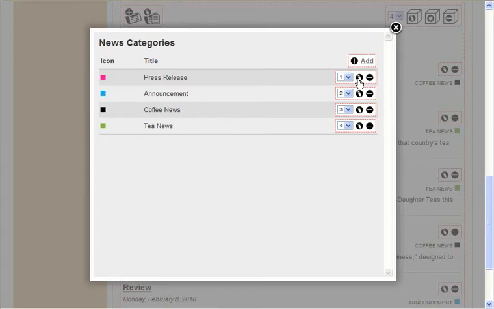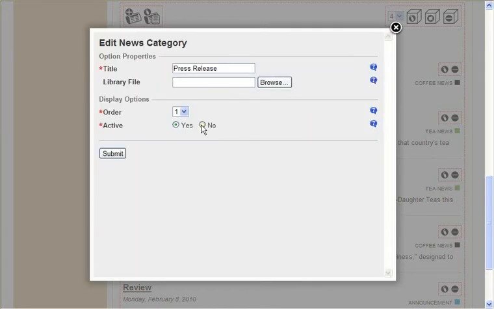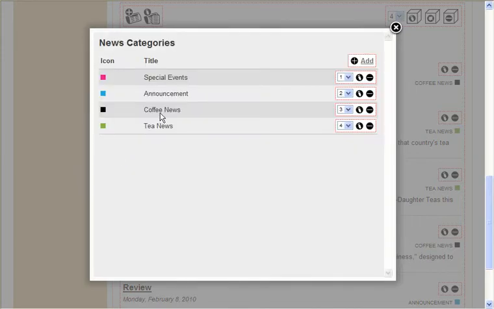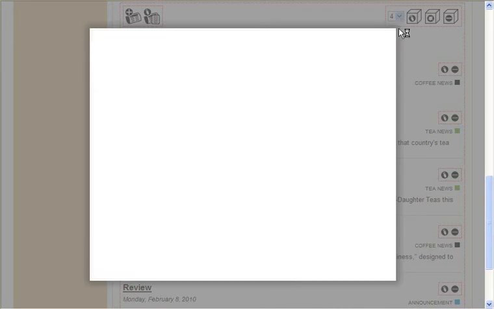For example, press release is no longer appropriate to utilize, so I'm going to edit this category. I can actually make it inactive by selecting no, or I can adjust the title because special events is now more appropriate. I'm going to hit submit, and now I've added my special event category and adjusted and removed my press release category. So now that I've evaluated my categories first, I can now take a look at adding my